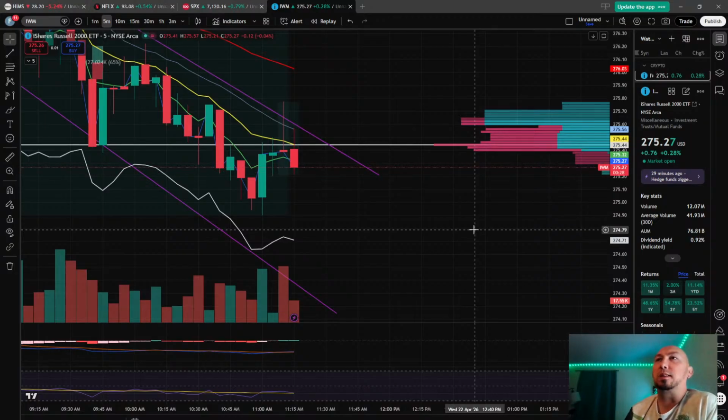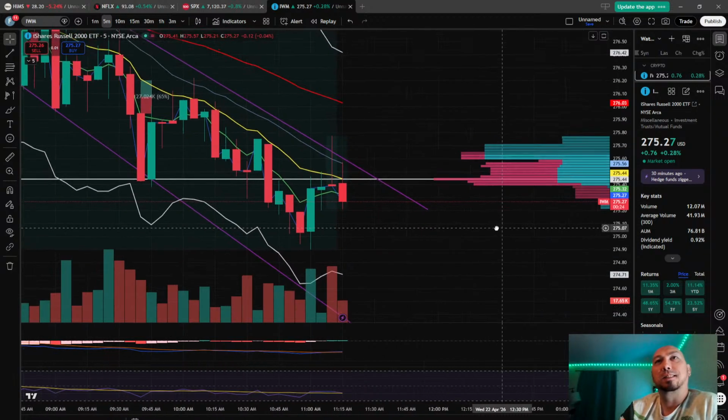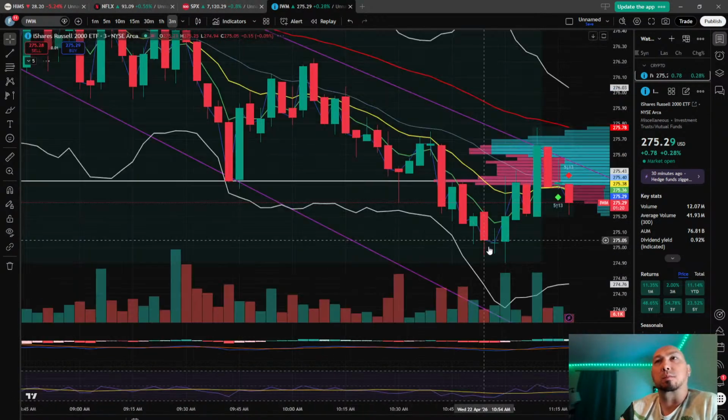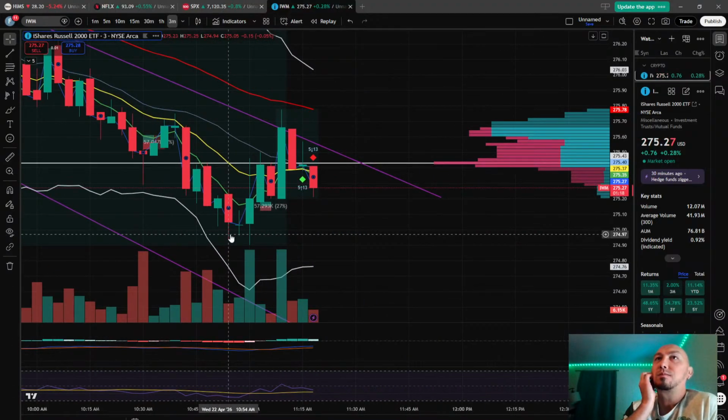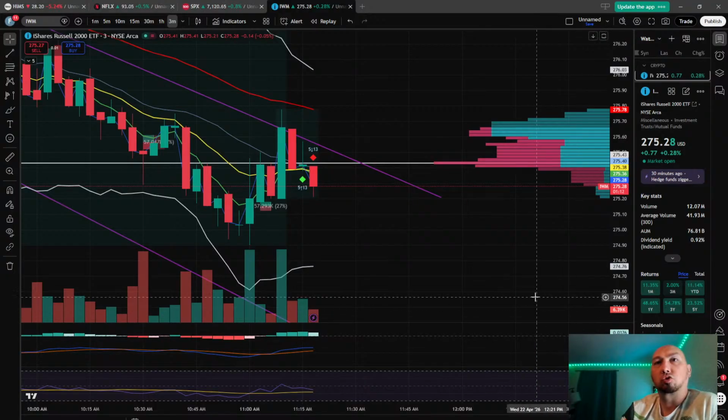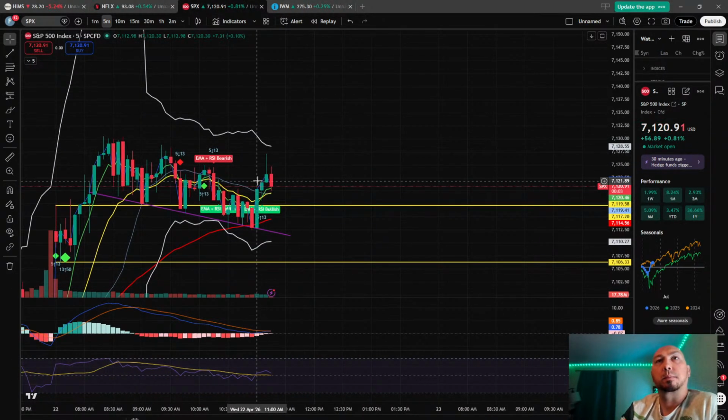I don't know. I'm not really convinced, guys. Let's get some smaller time frame. What is SPX doing? Come back down to test the 50.